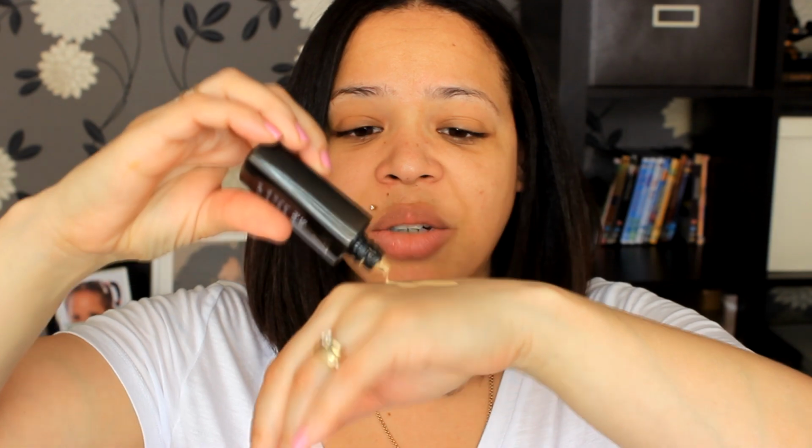It's a water-based foundation, so you definitely need to shake it very well, and it's a little bit messy. It's already coming off the little tube. Here it is. The shade that I have is Honey, and I'll be using it with my Miracle Sponge by Real Techniques. So usually what I do, I just dot my face with the foundation,